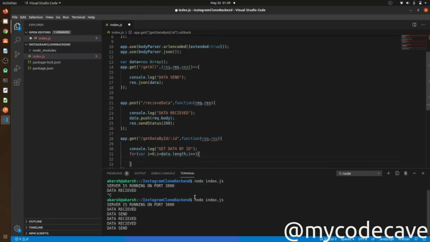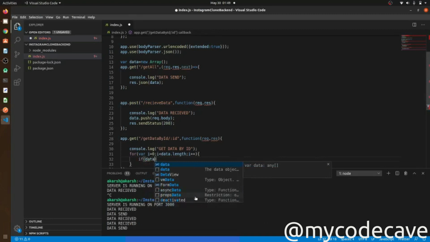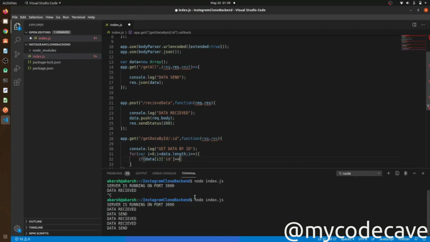Now we will check if data at index i with the id is double equal to request.params.id.